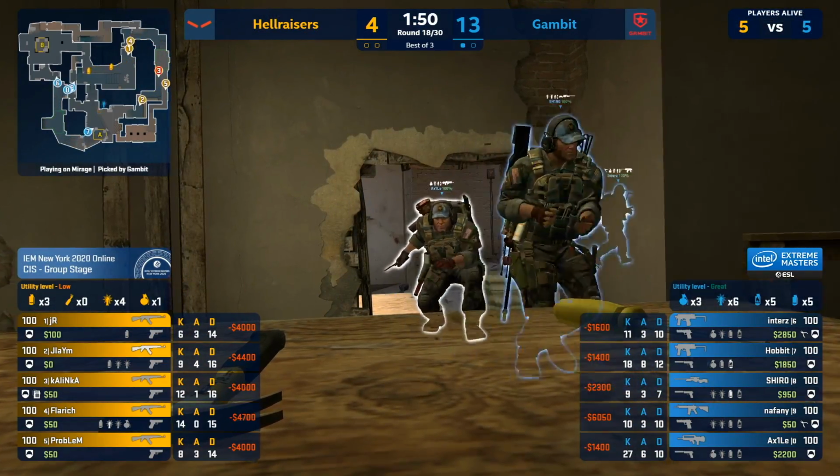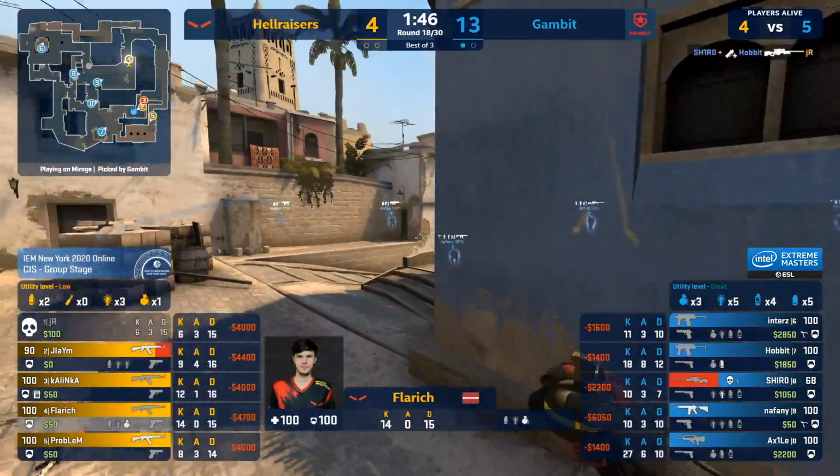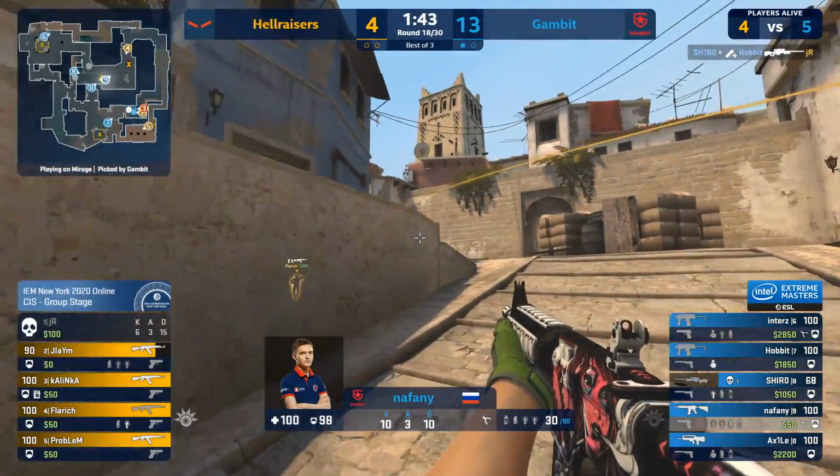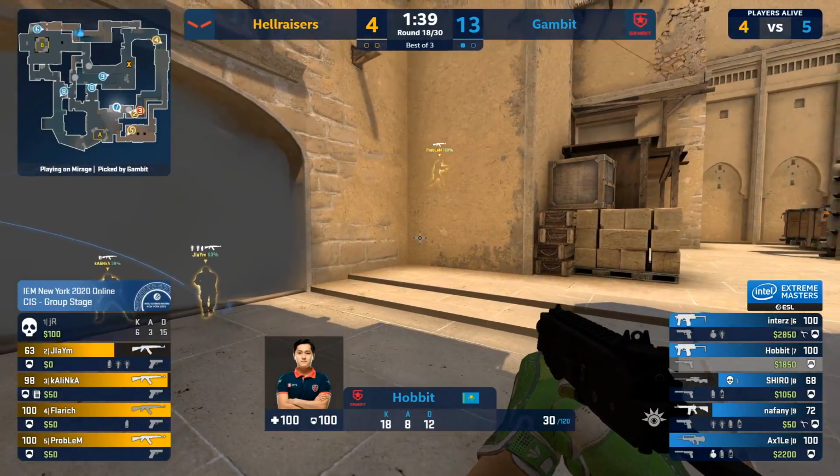They throw out some smokes. He is dead. Oh, damn. Shiro already with a nice little opener. Anthony going to try and get involved in middle, but it is towards ramp, and Hobbit